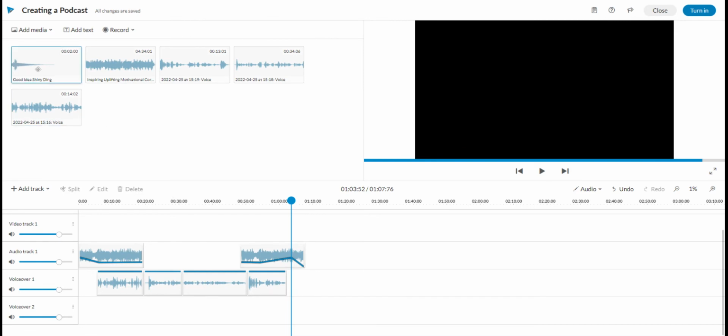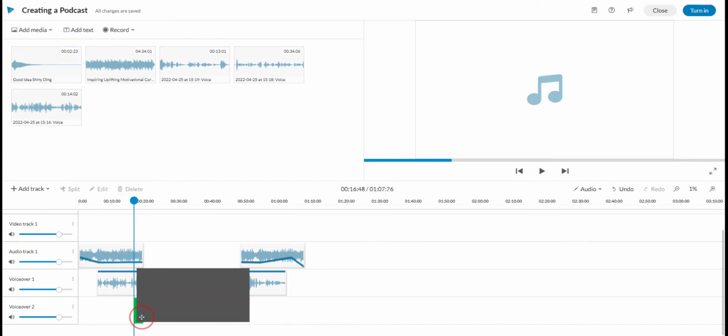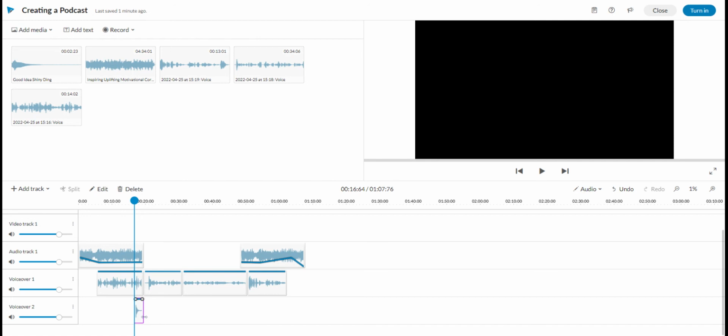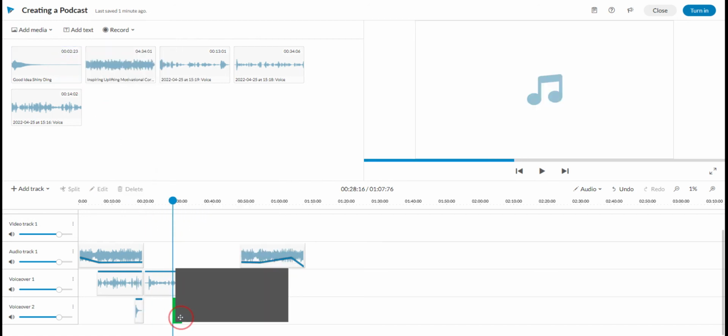So it adds that shiny ding. And what I'm going to do is drag that down to a new audio track. And so let's say I want that to play at all my transitions. So that kind of gives me the idea that right there's where I want that to play. Then I'm going to do it again. I'm going to drag it down to my next transition